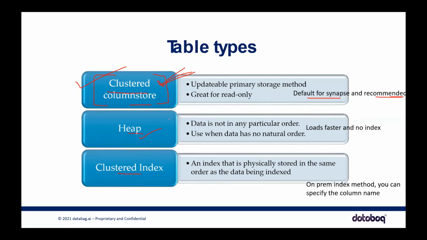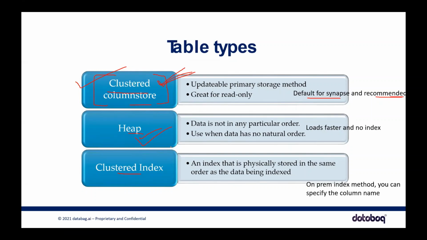Okay, so here, like I said, by default, clustered column store. The second option is heap. So what is heap? Heap is nothing but no index. Again, this is used to load the data, because when you're trying to load the data, if you have some indexes, then there is some intelligence, there is an index guy, and he's saying, okay, you are coming and getting stored into this place. So before getting stored there, I want to assign you an index number, wait, hold.